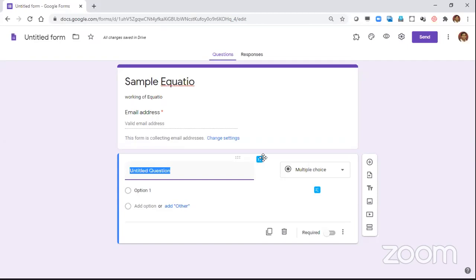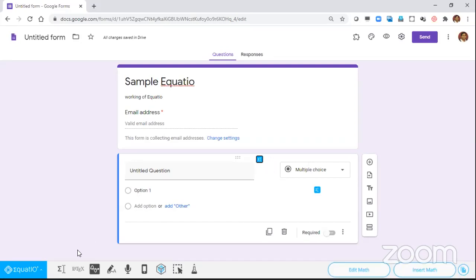So now I want to use this very much. So now please concentrate. How do we use it? So you can put math equations in the questions or in the answers. Explore it. This is a very beautiful tool. Both Cog and Equatio are beautiful. I mean, please start exploring. I'll just tell you. So click on that. So now you can see at the bottom. Can you see this? Equatio is activated.